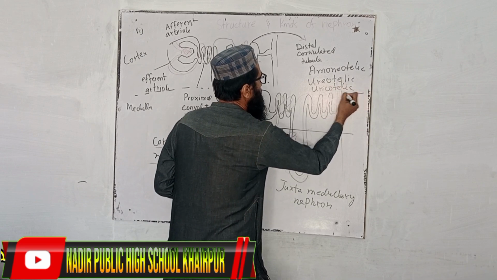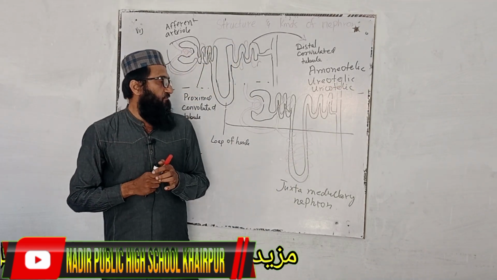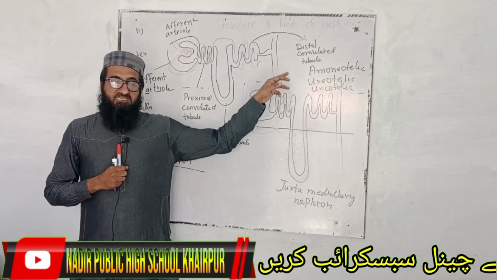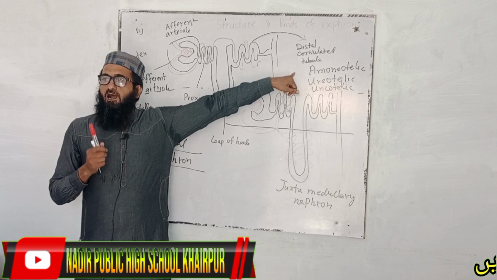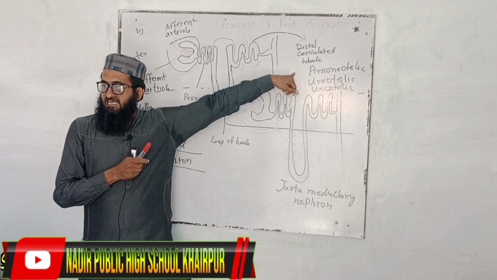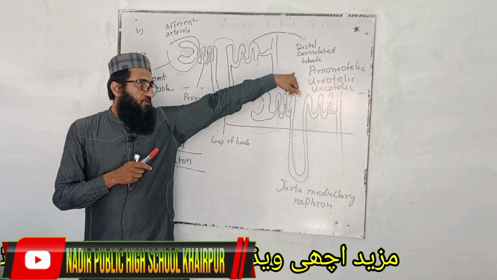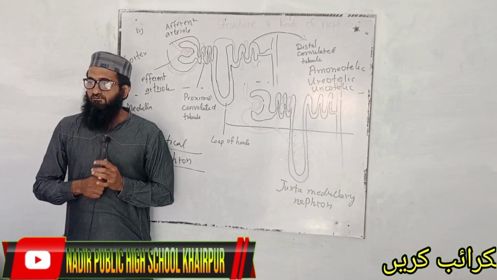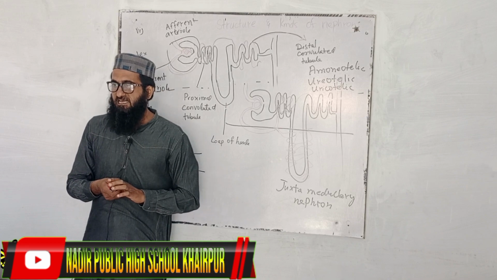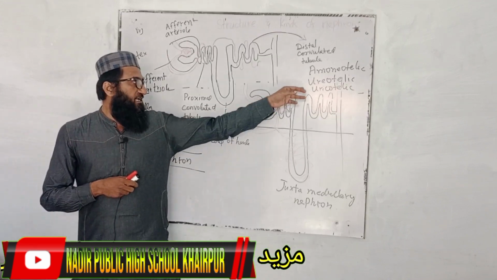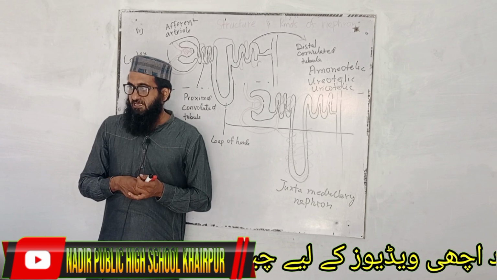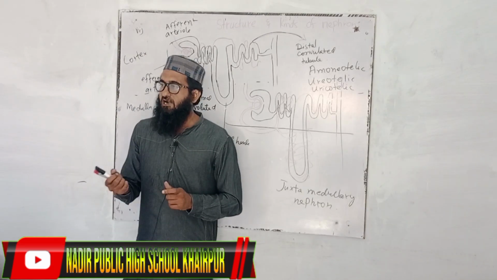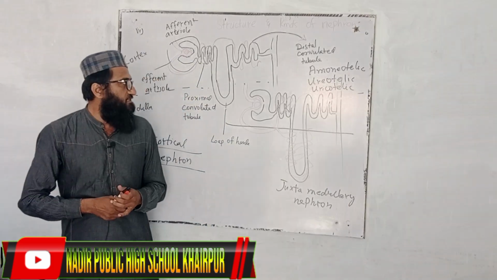So according to the mode of excretion, the elimination of nitrogenous waste, if the nitrogenous waste is present in the form of ammonia, we call those animals ammonotelic organisms, and those in which the excretion is in the form of urea, we call ureotelic, and those animals in which the nitrogenous waste is eliminated from the body in the form of uric acid, we call them uricotelic organisms.